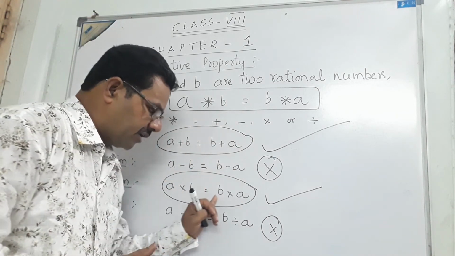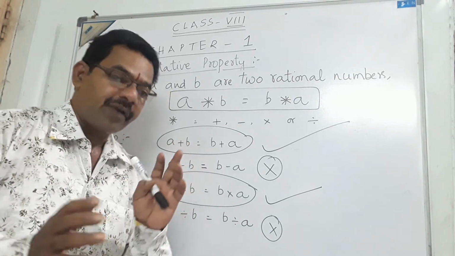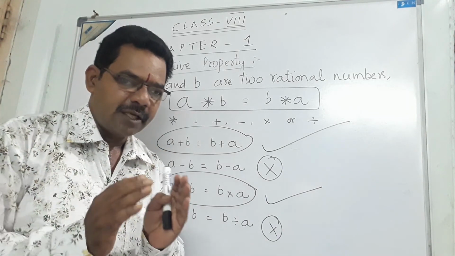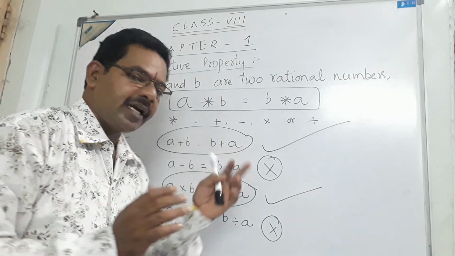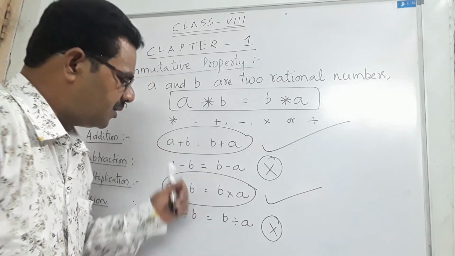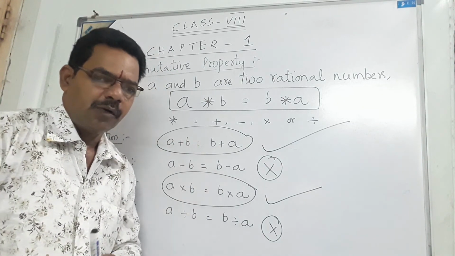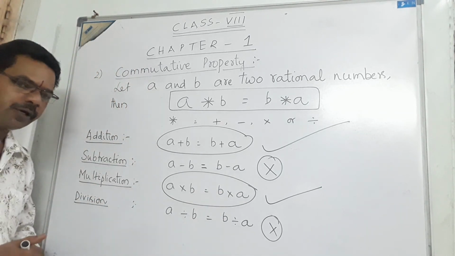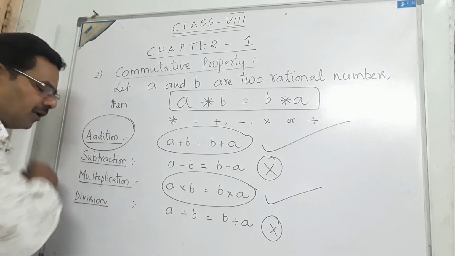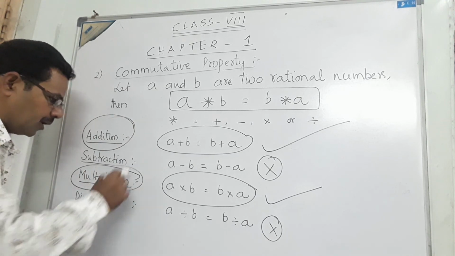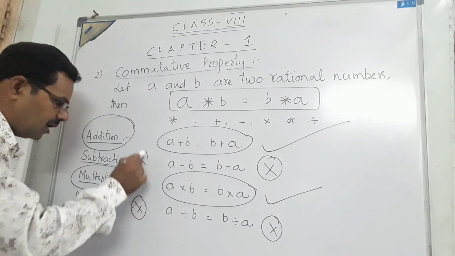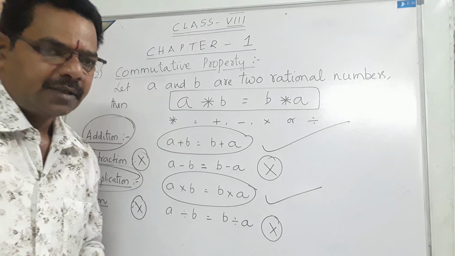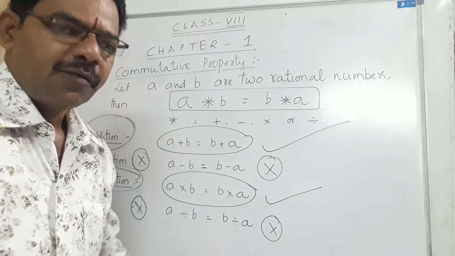That's why definitely it will be followed. And after that, here also we are finding the LCM and adding the numerators. Adding the numerators means the left hand side and right hand side we get both the same. So that's why these two will be followed. But the remaining two, subtraction and division, will not follow this commutative property. Addition will be following and multiplication will be following. But subtraction and division will not be following this commutative property in rational numbers. Okay. The remaining properties are there. We shall see later.